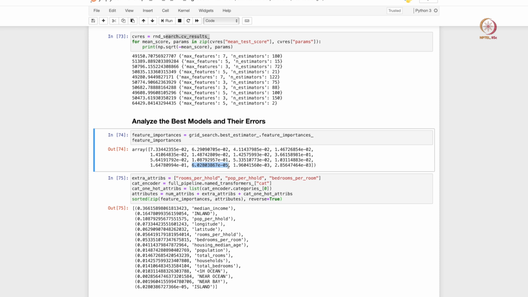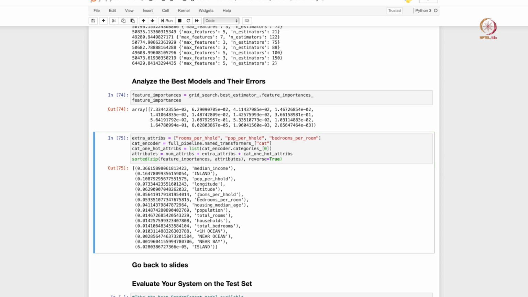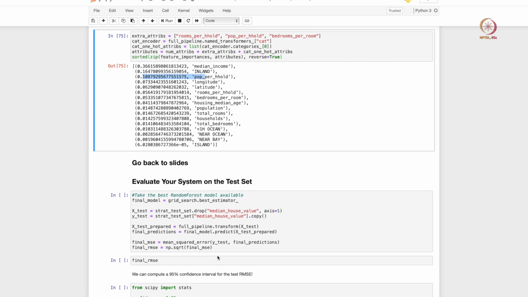So this is often used to analyze the data and to examine how we can improve our model even further, right. And in terms of extra attributes, let us say we add in the extra attributes, we can also see how important these attributes are, right. If you look at the feature importances, rooms per household is about 0.05, bedrooms per room is also 0.05, and population per household is slightly higher in terms of importance, about 0.1, right. So these are useful to analyze how our models are basically fitting, right.